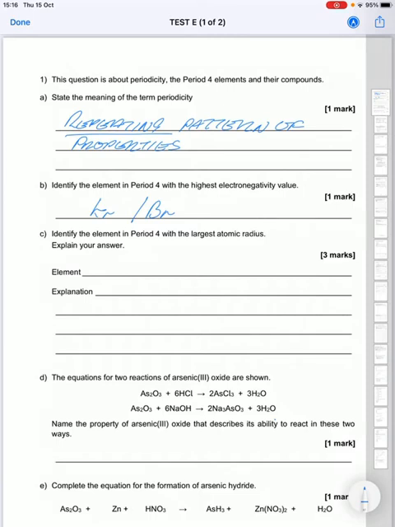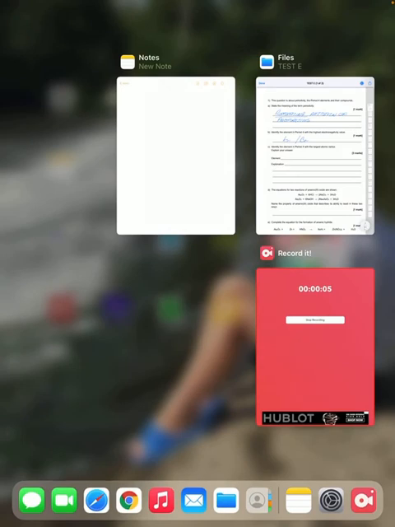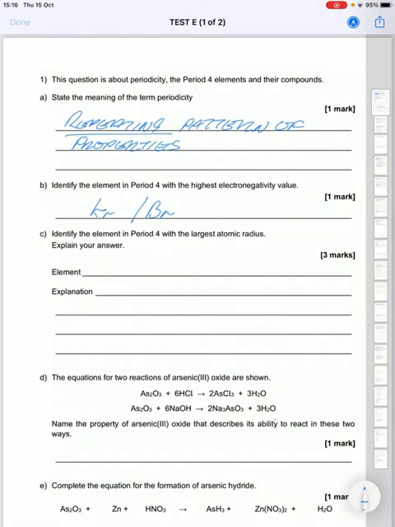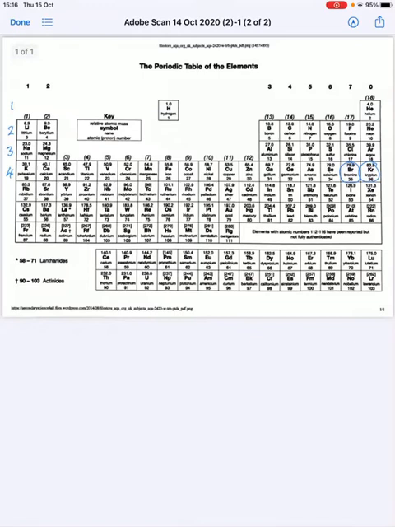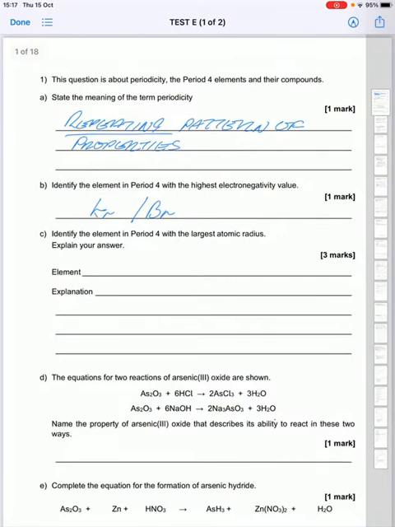And identify the element in period 4 with the largest atomic radius. And again, with the periodic table, as you go across period 4, they get smaller. So the largest one is going to be potassium. So element potassium, and the reason for that is it has